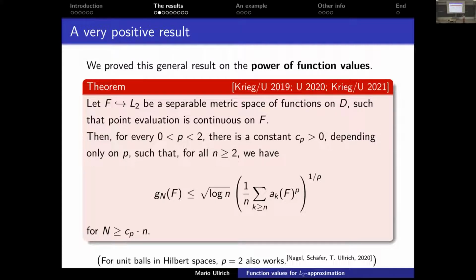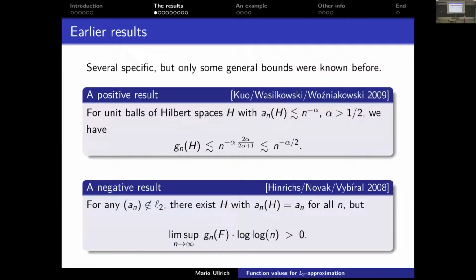If a_k is something like n to the minus alpha for alpha larger than 1/2, this sum here is just n to the minus alpha. But okay, we needed some p-summability here, and let me say here it's not for Hilbert spaces. Right? So we were even expecting that these earlier nice results only hold for Hilbert spaces, and maybe there must be something worse if you take different classes.